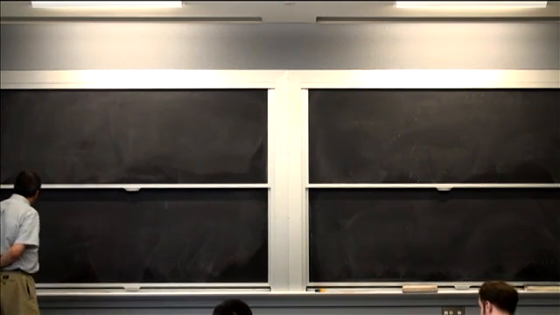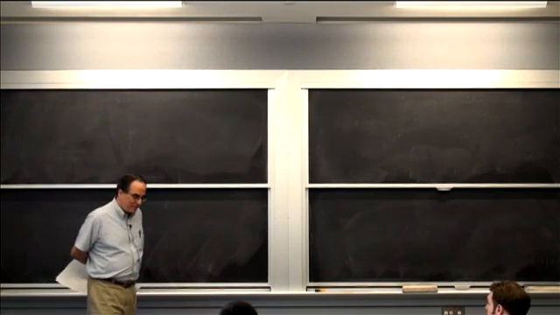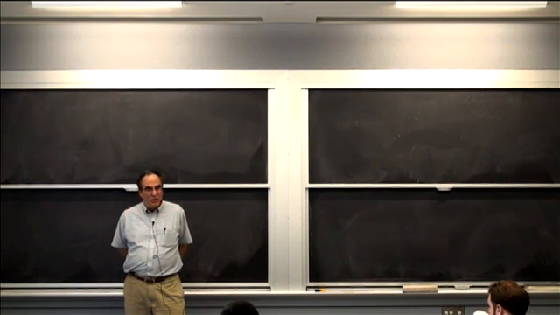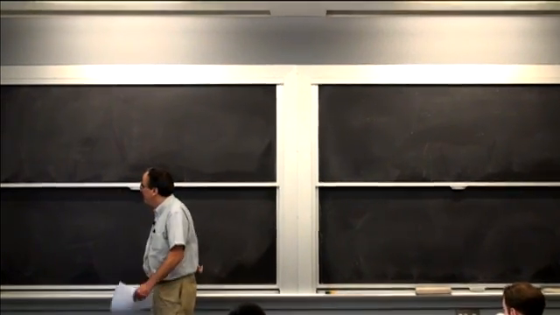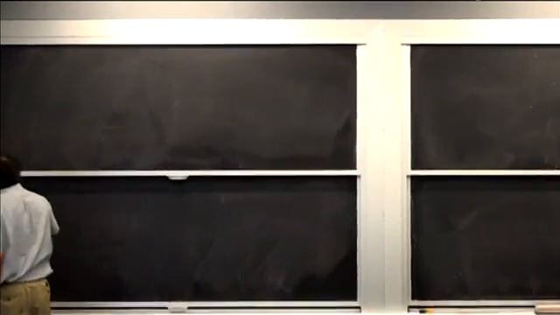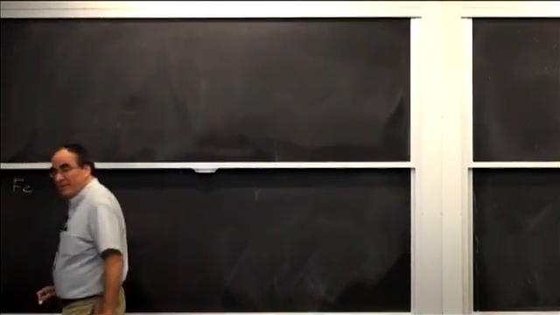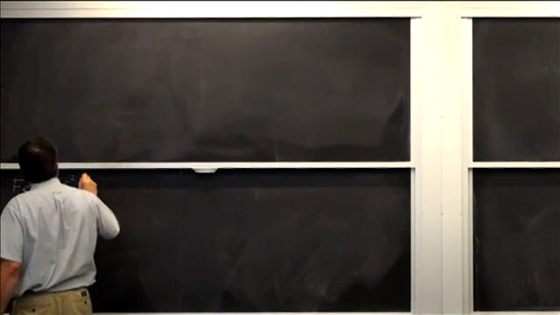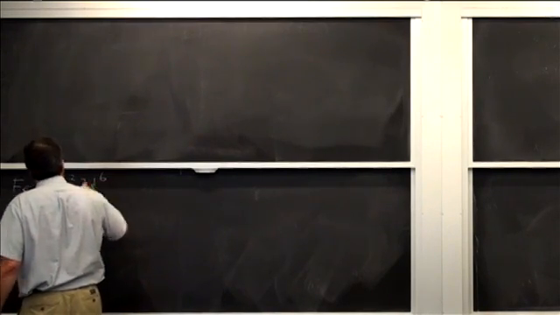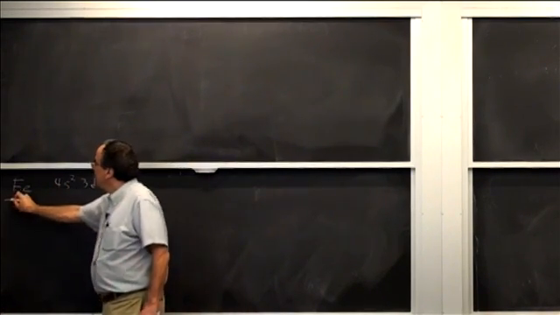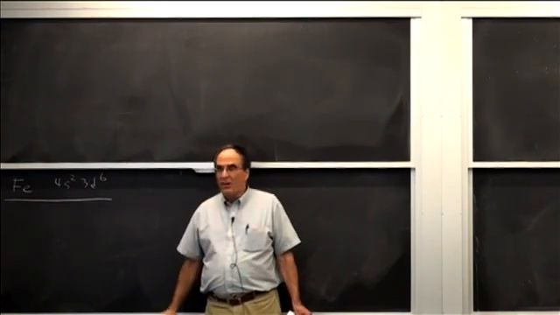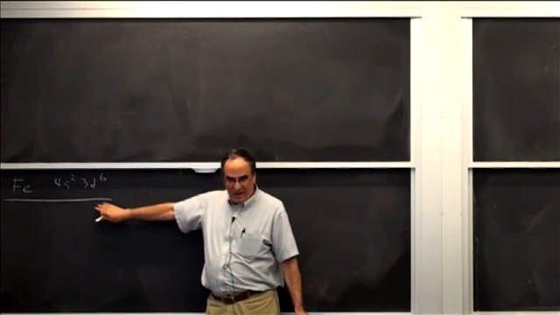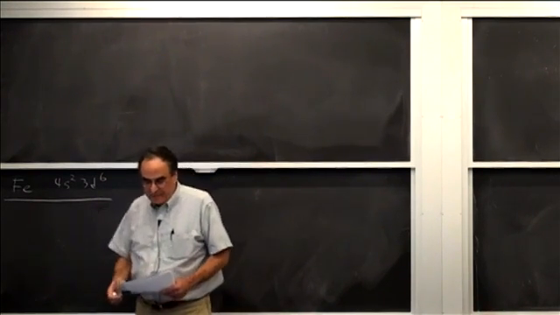In order to do that, I'm going to ask you questions and use an example which isn't in the notes. So, iron. The ground state of iron has a configuration 4s² 3d⁶. This is plenty complicated, and so I'm going to try to draw on examples from the spectrum of iron. But before we get there,